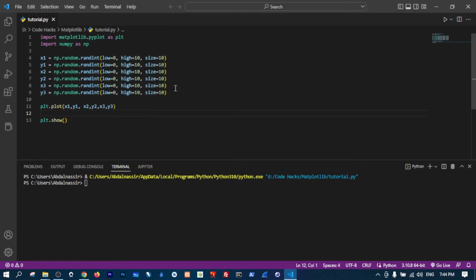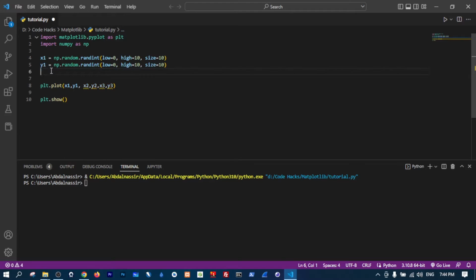First, I want to make this chart more simple. I will delete all of these and these parameters here. And now we can change the title. We can do that by typing